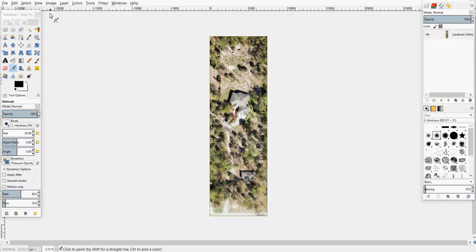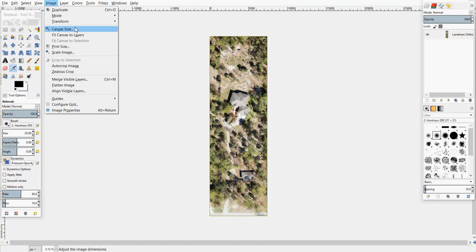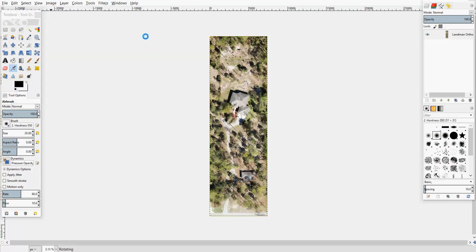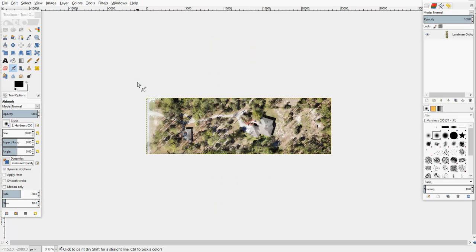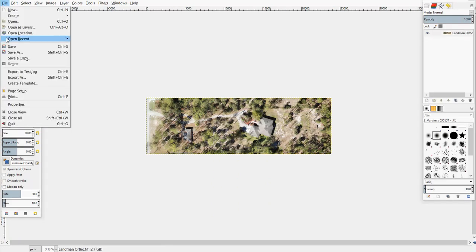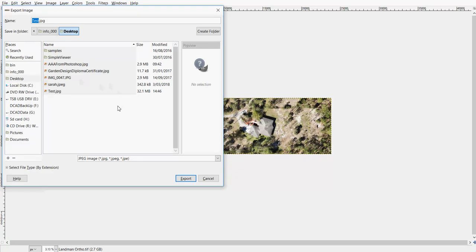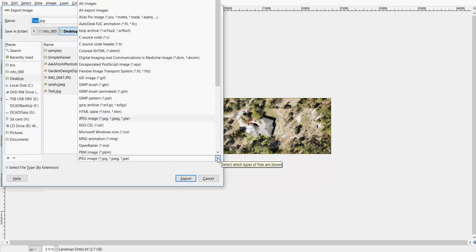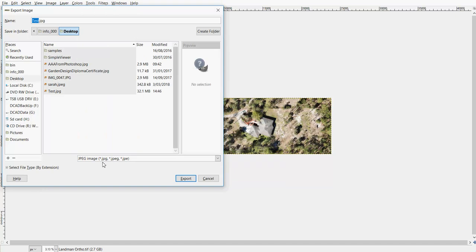It's got all the same tools that Photoshop had, so we can say go transform 90 degrees clockwise, and remember the image here is still this uncompressed TIFF form, and it's a very big image, and to reduce the image size we can export it as a JPEG image. You can see here we've got a lot of different types of file formats, but we'll export as a JPG file, and we'll make this one like we did before,